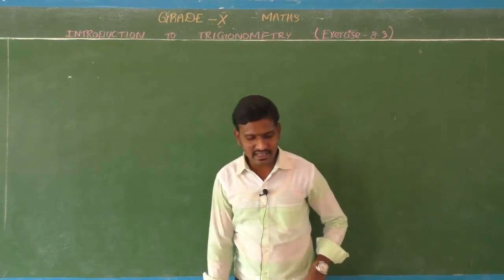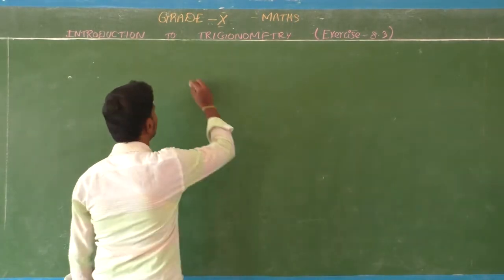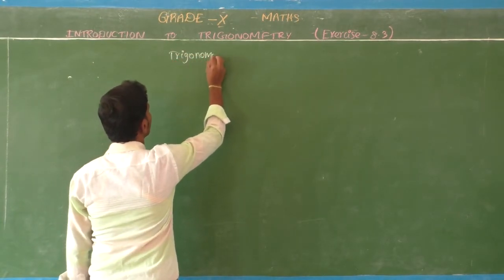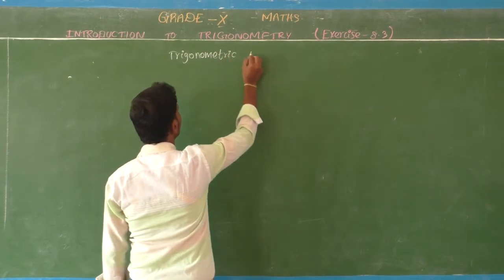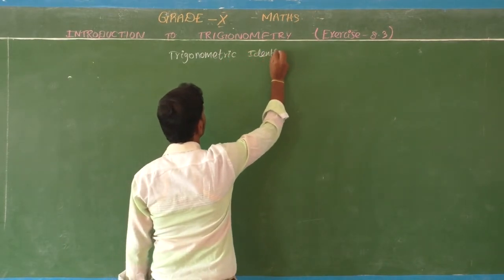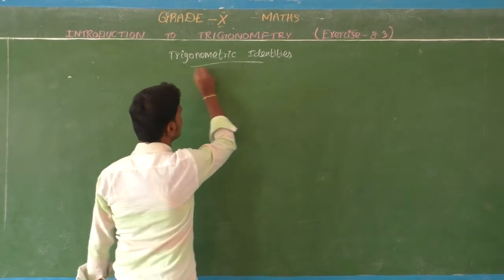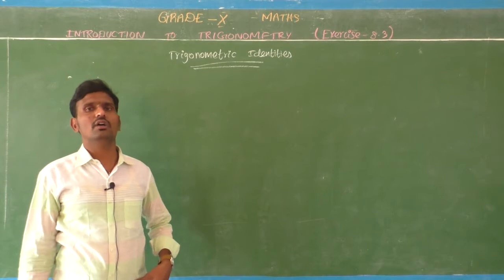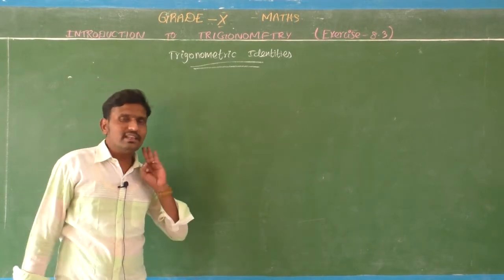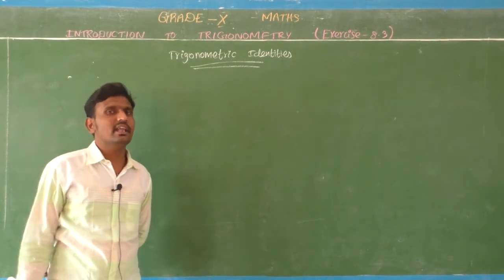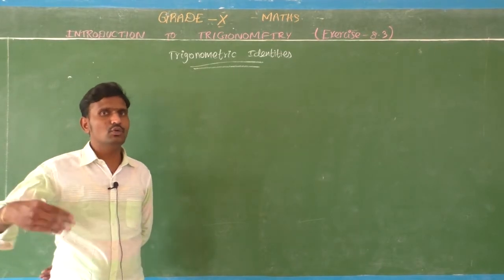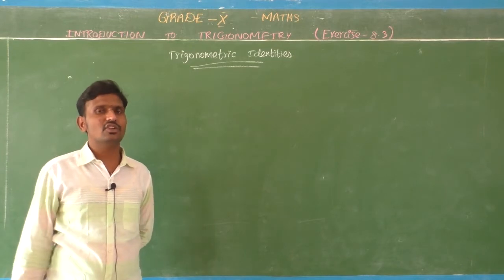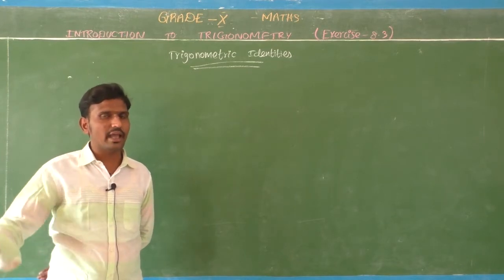8.4. In exercise 8.4 we are going to prepare the trigonometric identities. It is a very important topic. You are going to use it in your 10th, 11th, 12th and higher studies also. Wherever you go, you must use these formulas, identities. So listen carefully to this trigonometric identity, and only then can you move on to any other chapters, such as trigonometric ratios, trigonometry, differential calculus or integral calculus. All of these are in your higher studies topics.